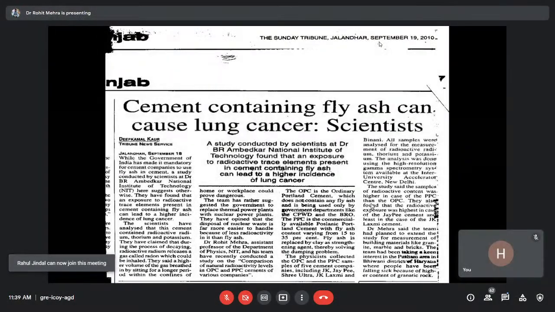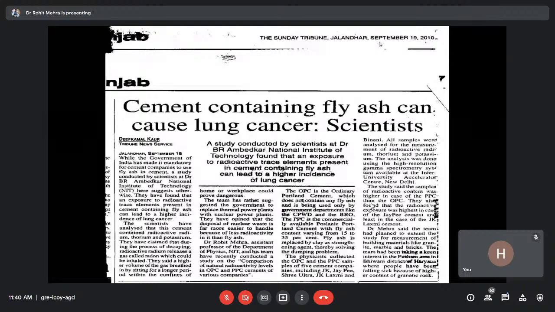So in the thermal power plants, what is happening is that the residue of the coal, that is fly ash, is a big problem for the government. Where to dump it? Now, what we have seen is that the government has made it mandatory. Whatever cement you get from the market is PPC cement now. You can't get OPC, ordinary Portland cement. Only CPWD or building and road organizations could get that directly from the cement companies. But otherwise, for commercial use, for construction of your houses, you can only get the PPC.